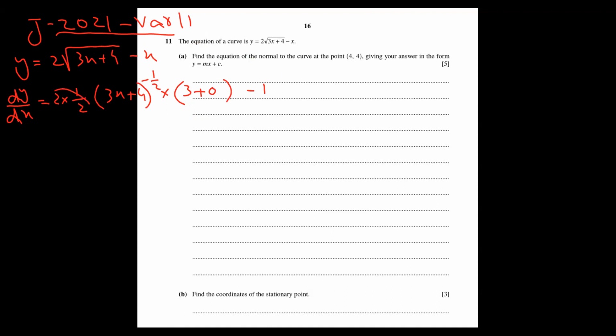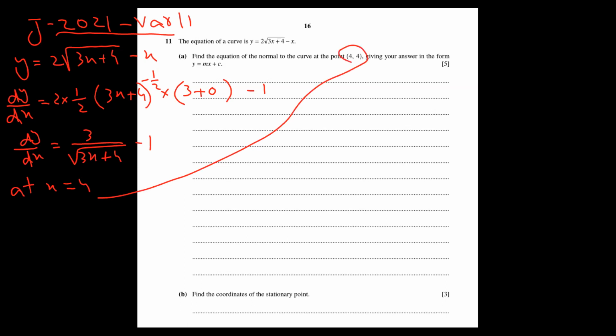Now I'll simplify. The 2 cancels out and this negative half goes down. So in simple form I get 3 over the square root of 3x plus 4, minus 1. So at x equals 4. From where did I get it? Because a point is given. So the gradient of the tangent, when I plug in 4 inside,